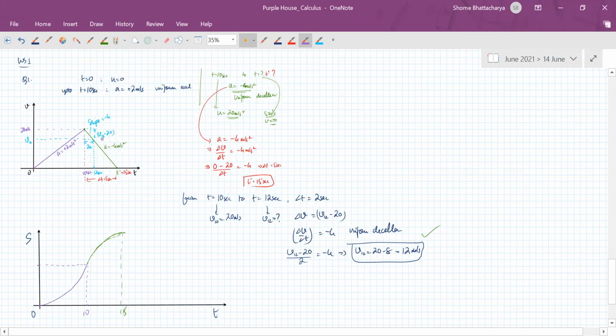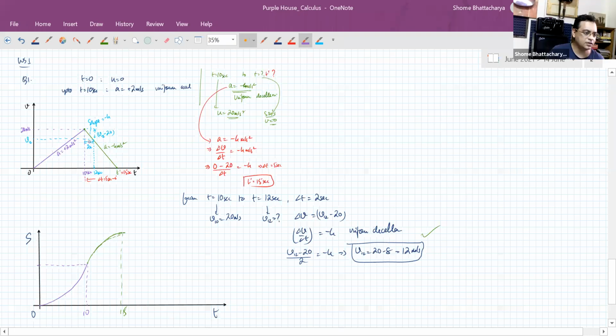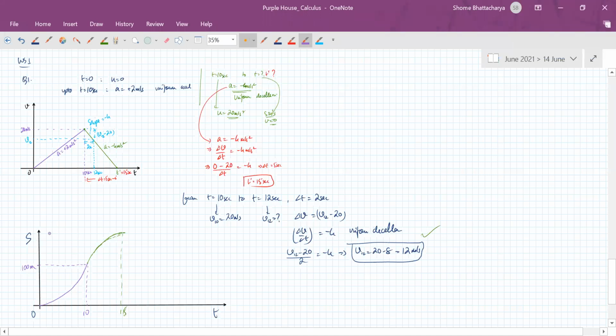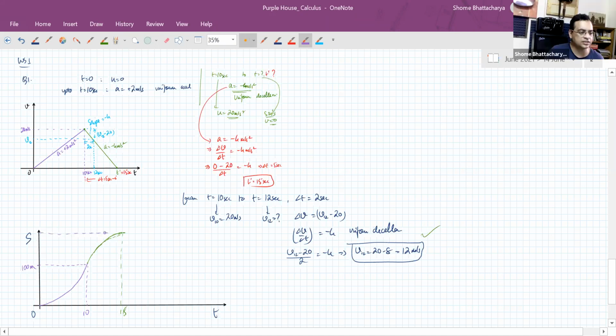Yes, sir. So you can see that this triangle from 0 to 10 seconds has an area of half of base into height. So that is half of 10 into 20, which is 100. So it's covering a distance of 100 meters. And the next triangle, from here to here in the deceleration part, has a base of 5 and a height of 20. So its area will be half of 20 into 5, which is 50. So another 50 meters. That means the total distance covered is